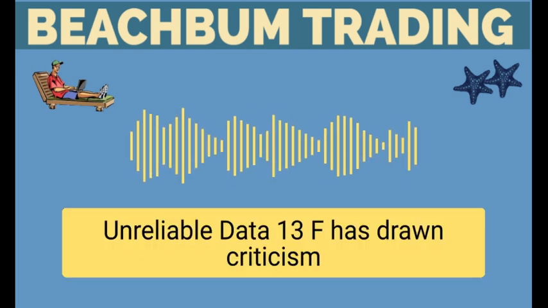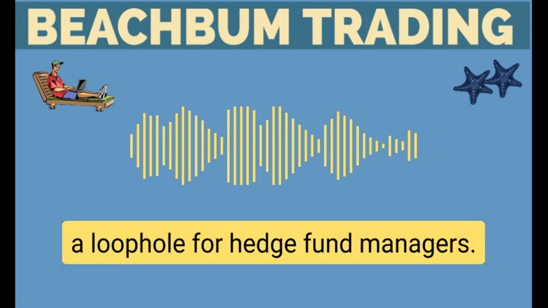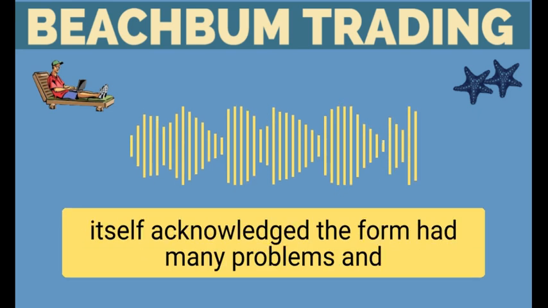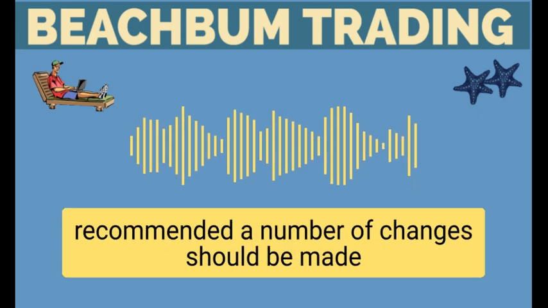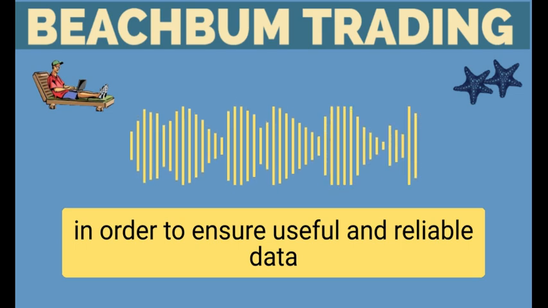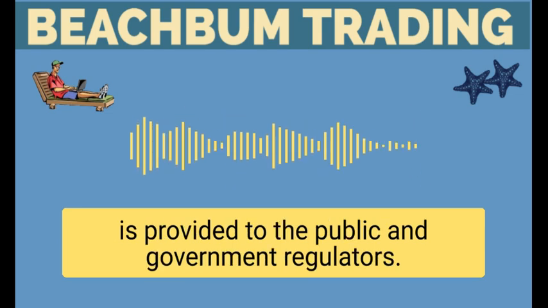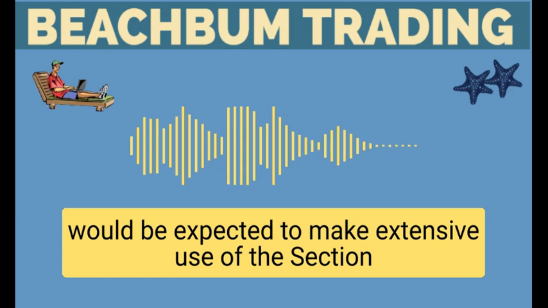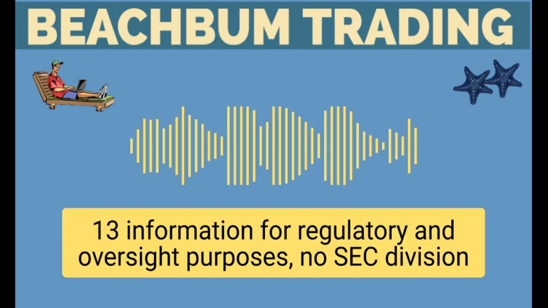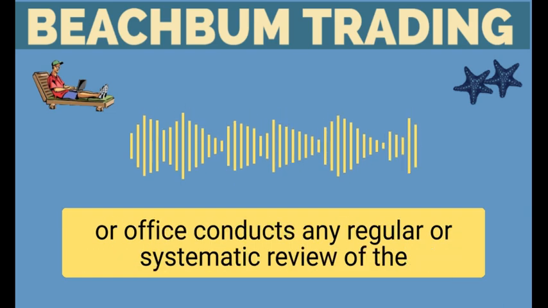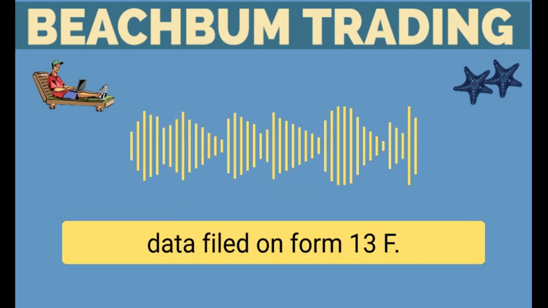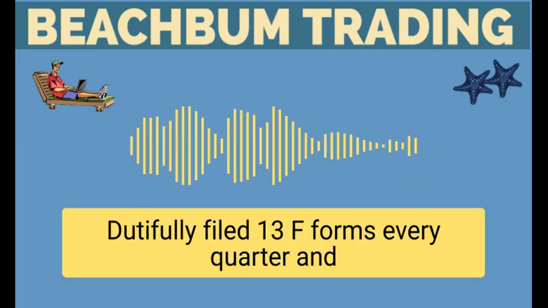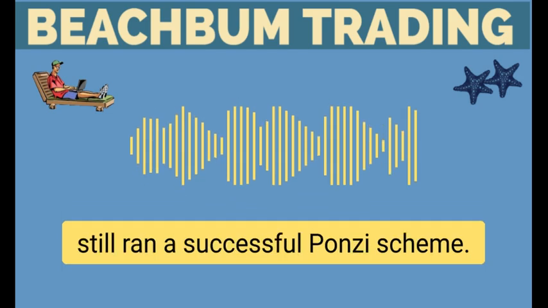Unreliable data. 13F has drawn criticism from many groups who claim it provides a loophole for hedge fund managers. In fact, in a 2010 statement, the SEC itself acknowledged the form had many problems and recommended a number of changes should be made in order to ensure useful and reliable data is provided to the public and government regulators. The SEC's internal review also noted that although the SEC would be expected to make extensive use of the Section 13F information for regulatory and oversight purposes, no SEC division or office conducts any regular or systematic review of the data filed on Form 13F. Perhaps this explains how infamous fraudster Bernard Madoff dutifully filed 13F forms every quarter and still ran a successful Ponzi